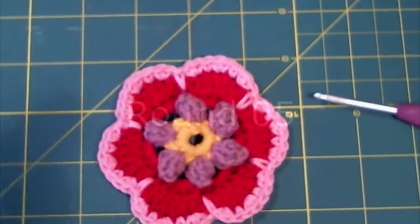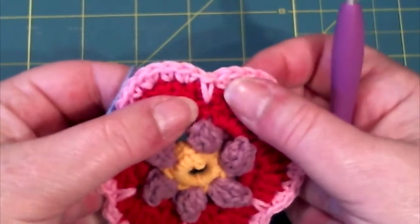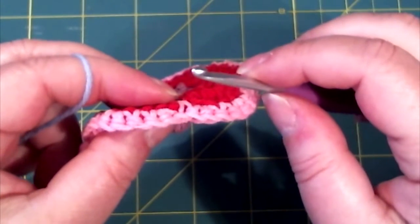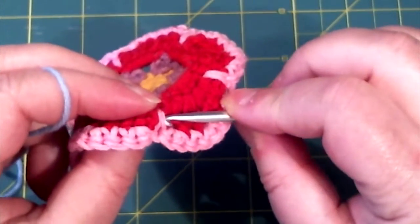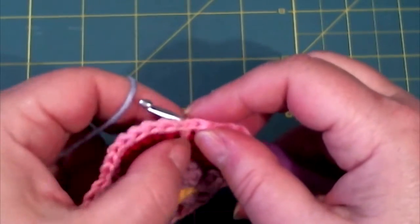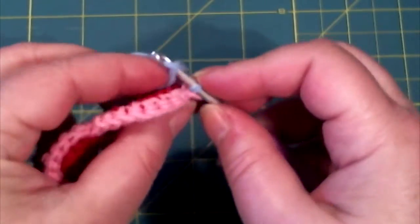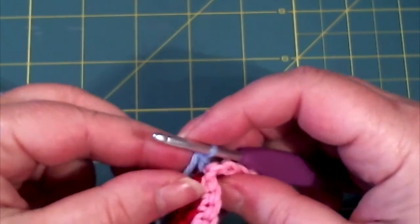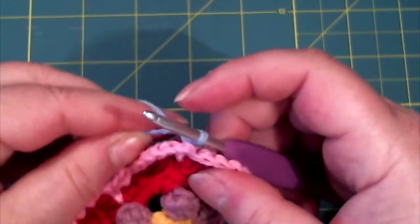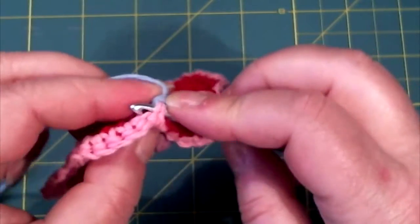Round 5. Use new color yarn, and now we need to work on the back side in these two loops from this chain single crochet. Join your yarn and make this chain 1. Then you need to make a single crochet in the same stitch,